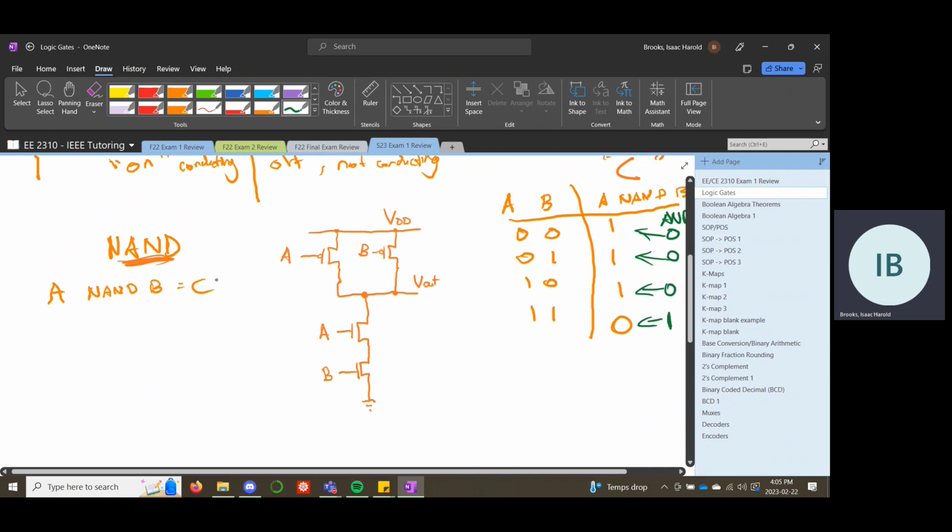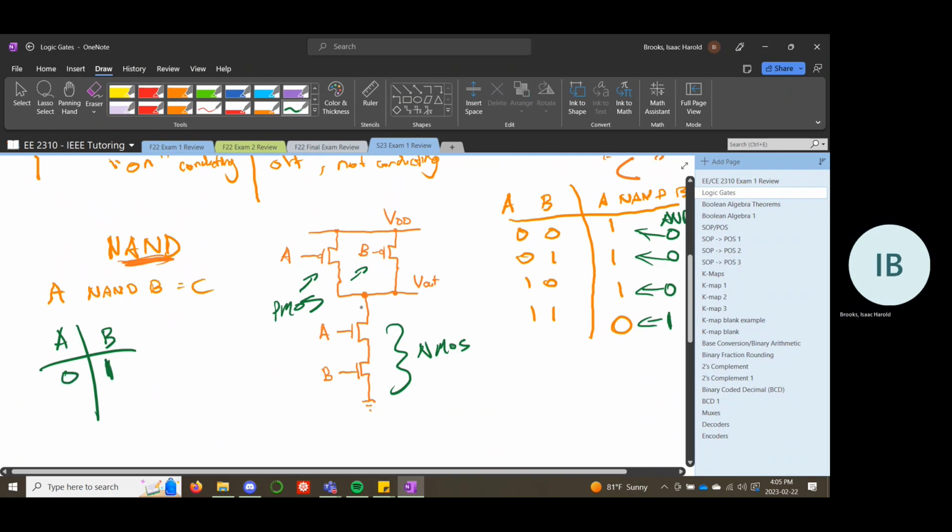And the reason why NAND is so important, NAND and NOR are both really important, is because it's really simple to make using the CMOS logic. So we have two PMOS transistors on top, kind of in parallel, and then two NMOS in series on the bottom. And so the reason this works is we have these different inputs, A and B. Let's look at the case where A and B are